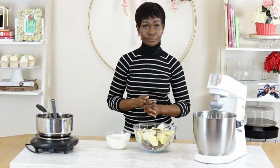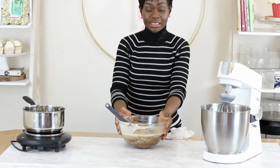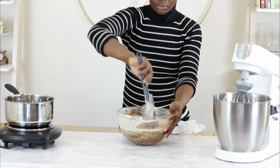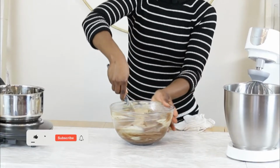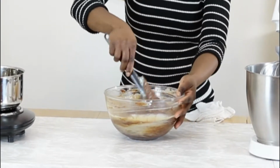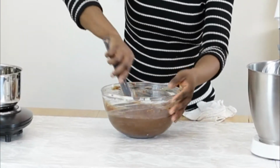The chocolate and double cream mixture is back from the microwave. I popped it in the microwave for the first 3 minutes, took it out, stirred it in slightly, and then put it back in for another 2.5 minutes, which has brought it to this mixture. So I'm going to stir it in and hopefully it mixes together. Be careful not to mix it vigorously, as that will whip too much air into it. But of course, later I will be whipping this ganache to make it very fluffy and smooth for spreading over